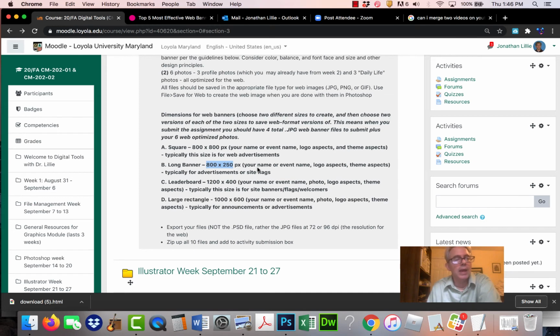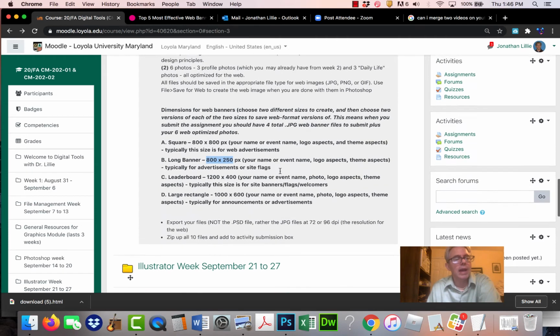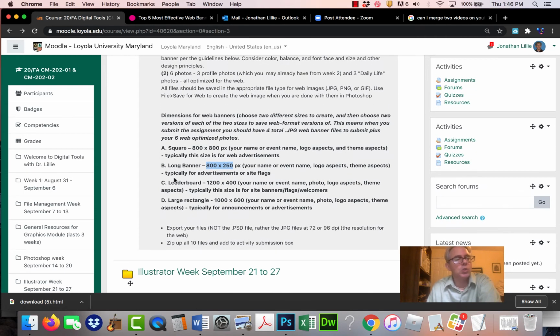And they will all be in either 72 or 96 DPI or PPI. And again, I'll show you what that means and how to do that. So you choose two sizes. And so let's say I choose large rectangle is going to be one of my sizes. So I'm going to start and make a document, and